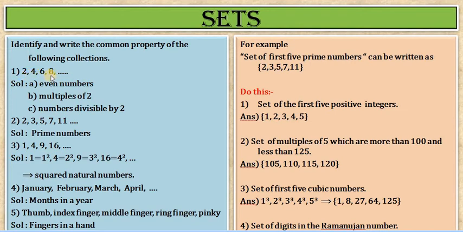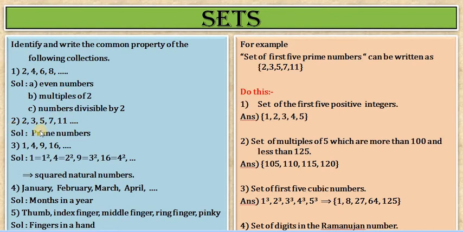Now, when you observe these numbers, what do you find? How are they increasing? Or what is the common property existing in this? Yes, these are even numbers. In other way, we can tell as multiples of 2. In other words, the numbers which are divisible by 2. So that is the property. So we can give our idea in different ways.